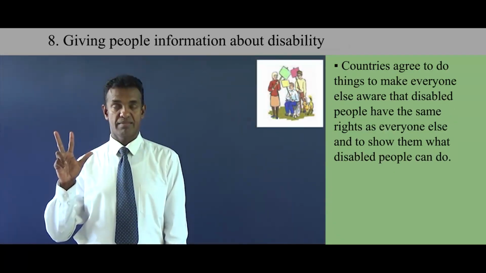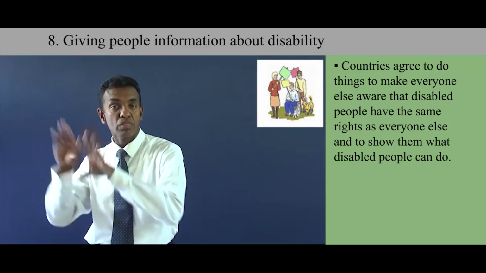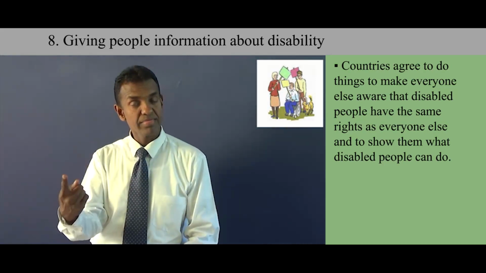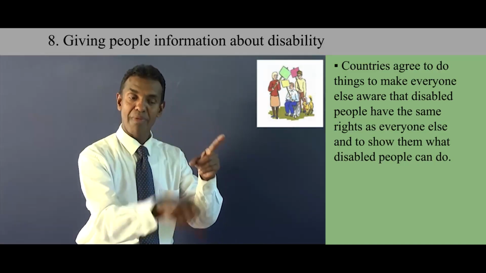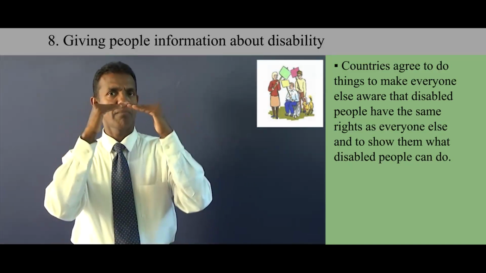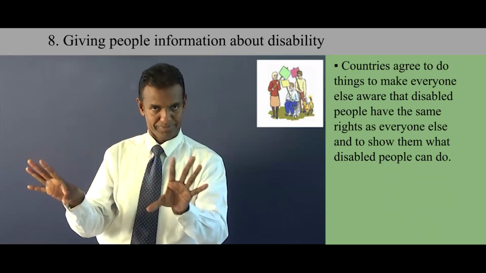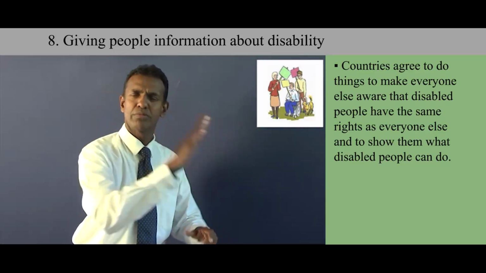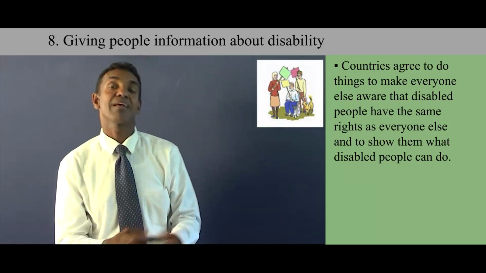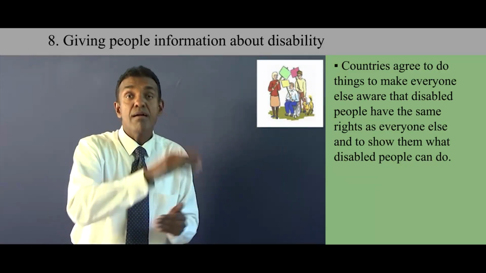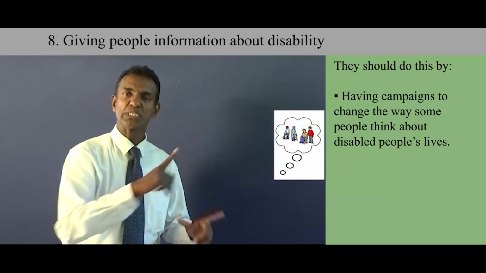Giving people information about disability. Countries agree to do things to make everyone else aware that disabled people have the same rights as everyone else and to show them what disabled people can do. They should do this by having campaigns to change the way some people think about disabled people's lives, showing everyone what jobs disabled people can do,